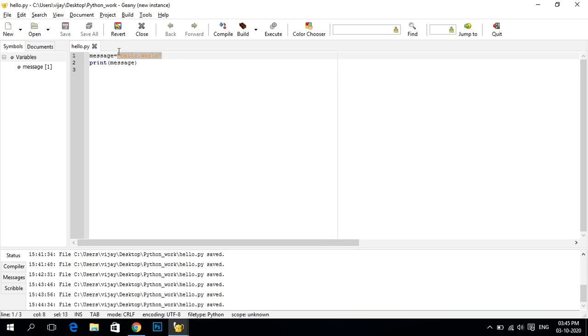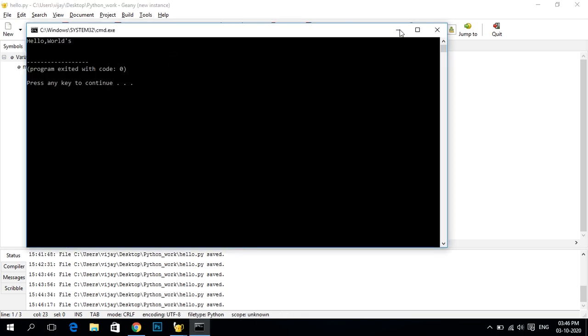To make it clear, anything written in quotes is called a string. And there is one more thing: if you want to write something like apostrophe s, this has to be written only in double quotes. You have to use only double quotes, otherwise it will not work. Like if I use double quotes and write words, when I print this it will print words.